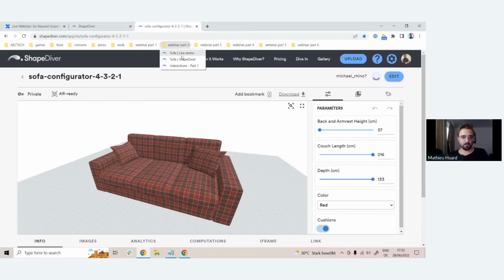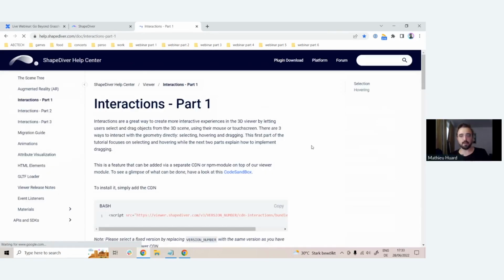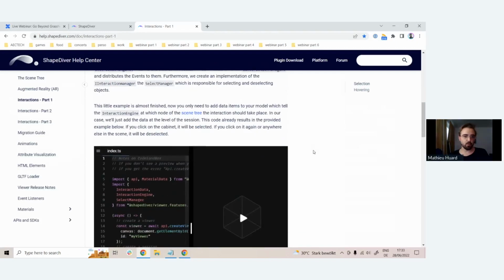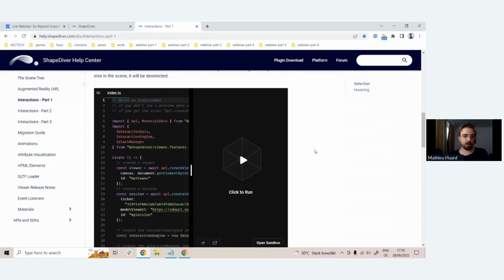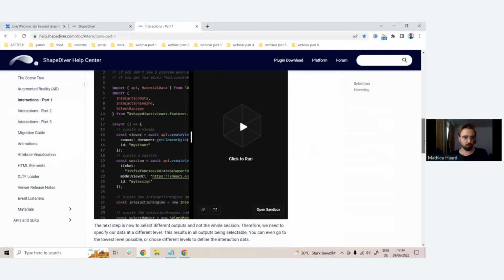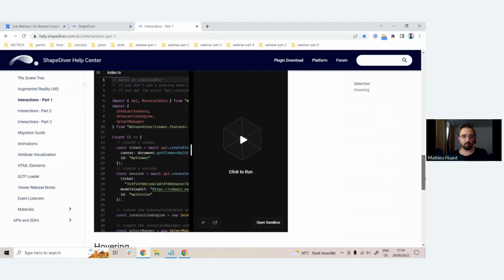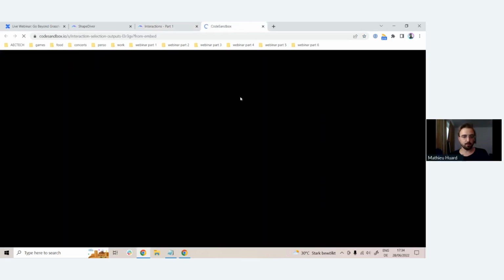The last thing of this part was the interactions. This is a bit more intricate, of course, but I just wanted to show that this is already all documented in our help center. You have all these code examples, and you can see if I open this sandbox, for example, separately,